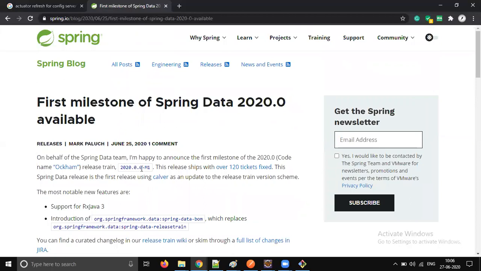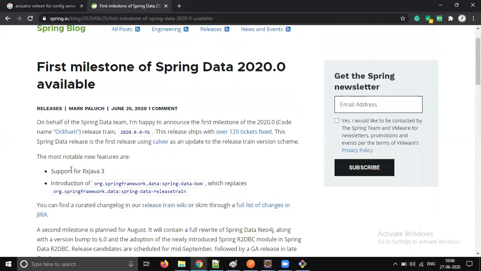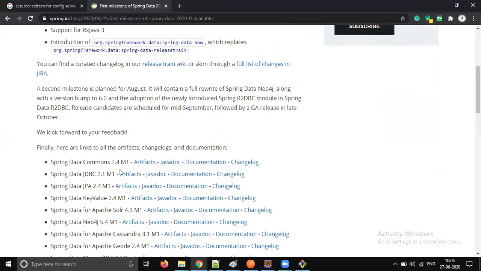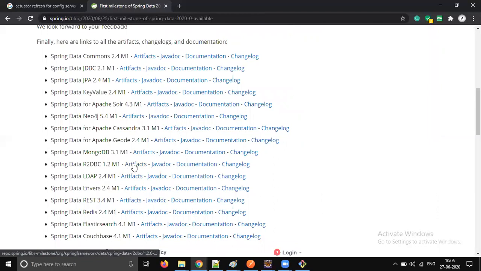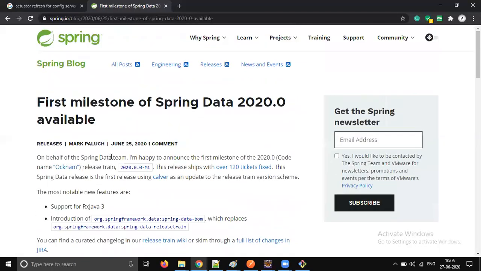Earlier it was Project Reactor, right? Yeah, Mono and Flux, correct. So no Observable, RxJava wasn't there. It just started from now. Too many changes are happening, guys. A drastic change, like Angular. Every 6 months they are planning to do a new version release. You will be too busy.